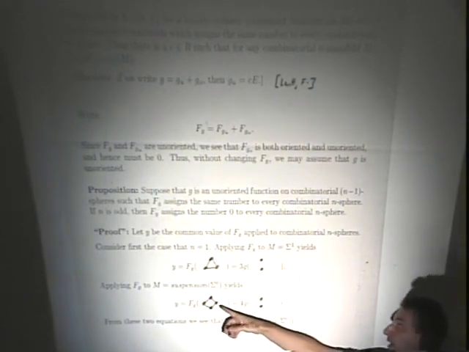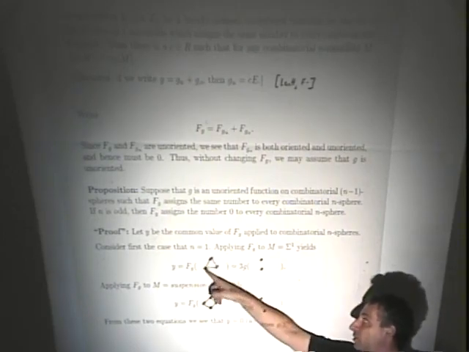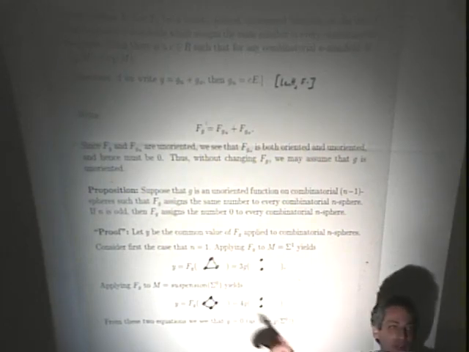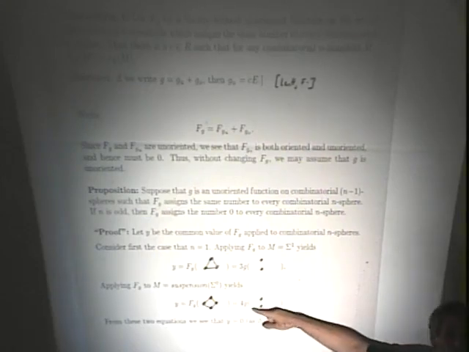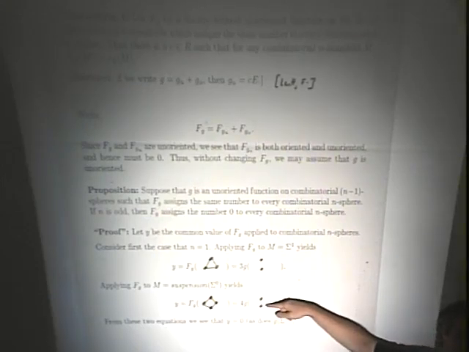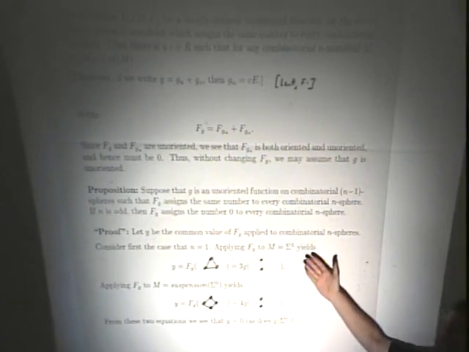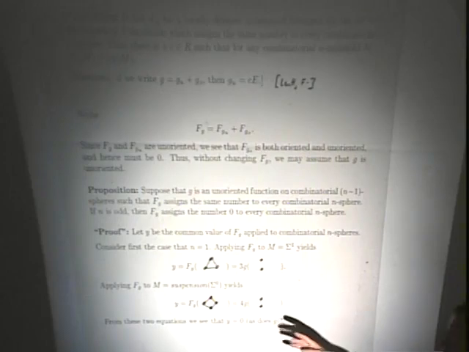Okay? Now I look at another. This is the standard one sphere. This is the boundary of the 2 simplex. And here's another standard one sphere, which is I take the standard 0 sphere and I take its suspension, meaning double cone. Right? So I take this other standard one sphere and I apply the same rule. I get 4 times whatever g is assigning to the 0 sphere. Right? And they have to be equal. Well, they can only be equal if g of this thing is 0 and y is 0. Right? The equations, too many equations. Okay. So if you're talking about n equals 1, it has to assign the number 0.